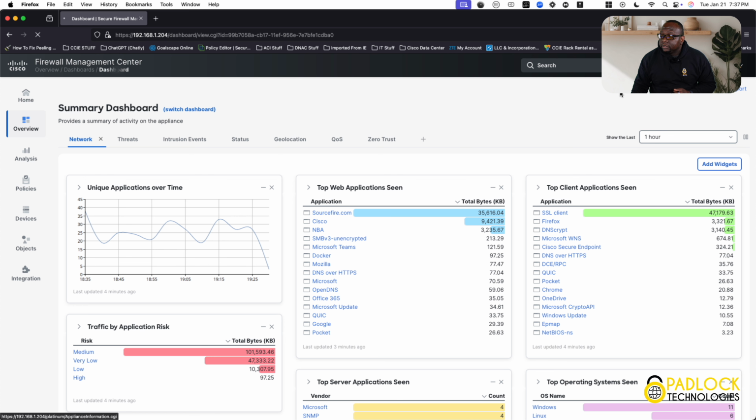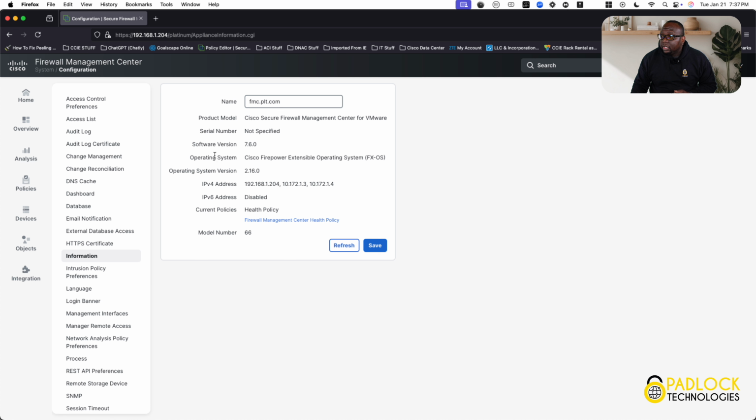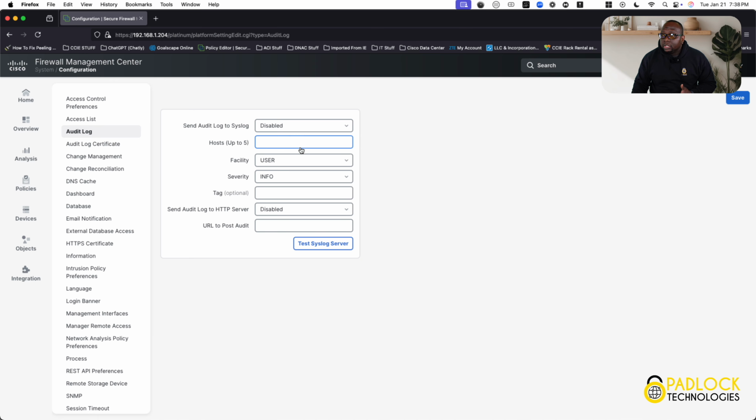Whenever this decides it wants to go to configuration, and you have your two here. Now, you can do audit logs as well. That's another feature I did not say. So you can do audit logs, and audit logs will obviously give you the audit logs. Every time somebody makes a change, you can send it to syslog. If you're doing something like Splunk or whatever SIEM you have, you can send audit logs to the syslog, right? But what we really want to talk about here is the two things that I talked about,